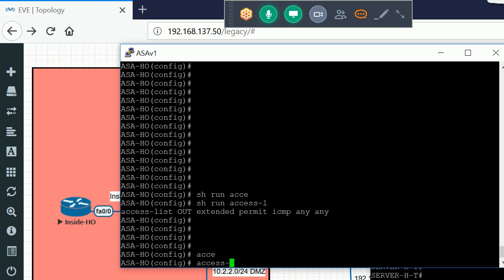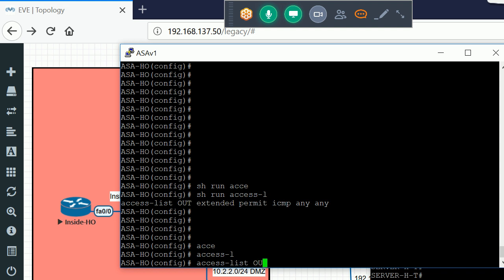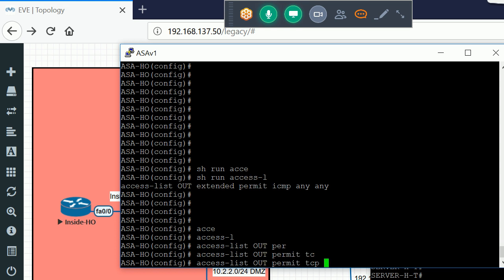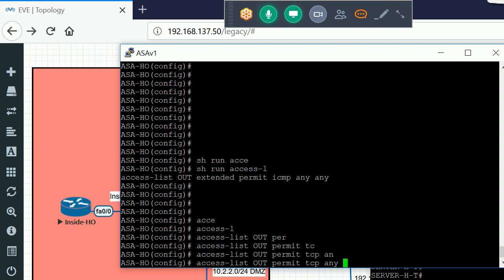So, access list out permit TCP any to the 10.0.0.0 network with the mask 255.255.255.0.